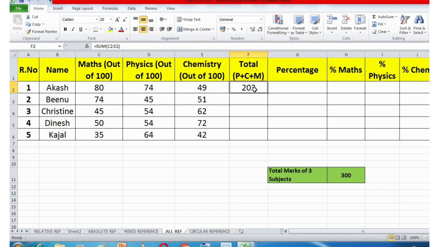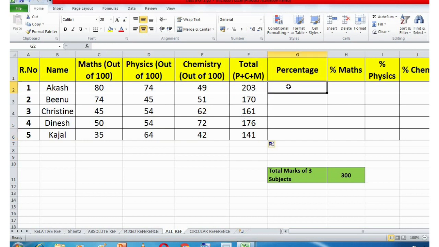Now see, if I copy whatever is written in this cell, and then come over here and paste it, what is going to happen? The formula has changed. C2 became C3 and E2 became E3. Why did this happen? This happened because of relative referencing. One more way to copy this is to select the cell where you entered the formula for the first time, go to this corner, and then drag it. So see, very easily I have calculated the total for all these students. This is how you calculate things in Excel using relative reference.